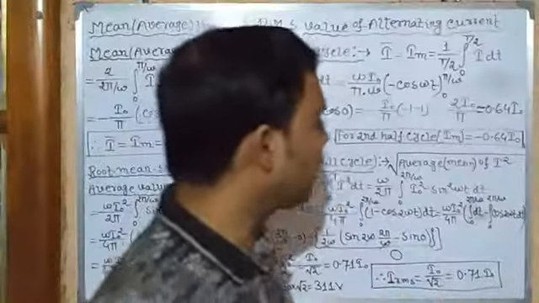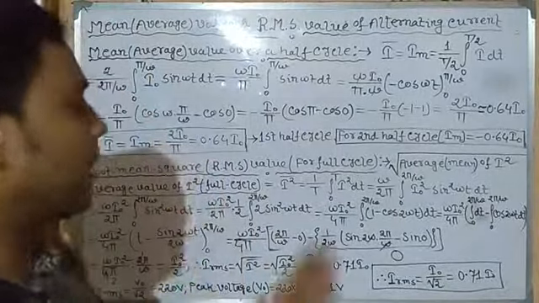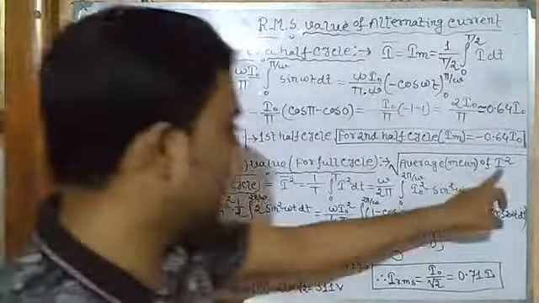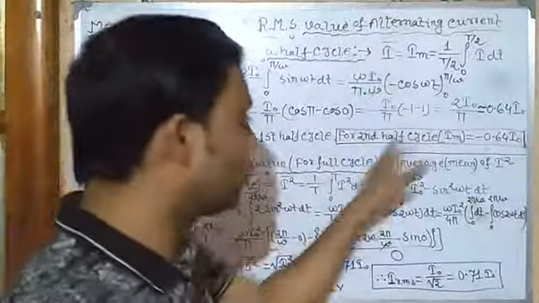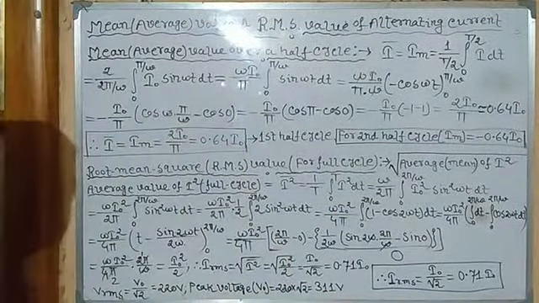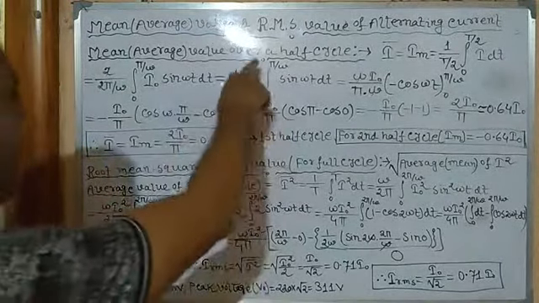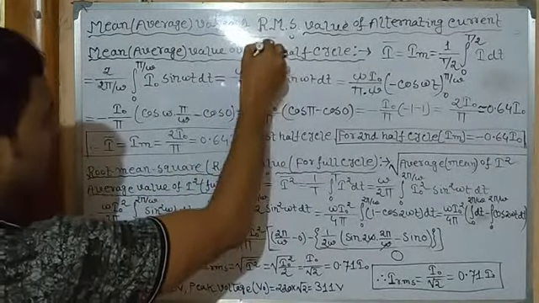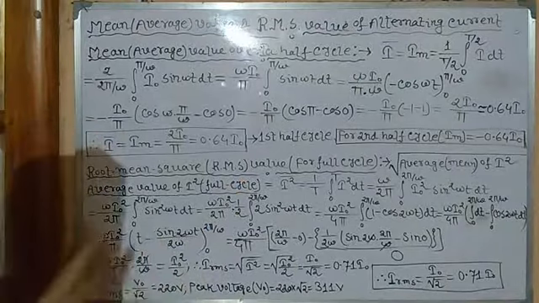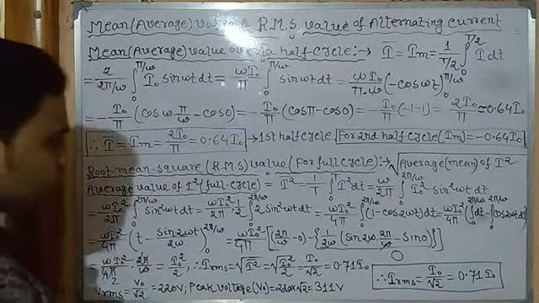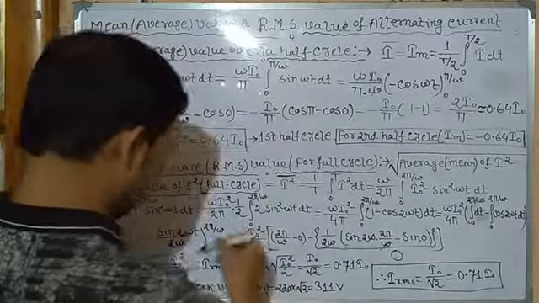Very easy. So first of all, what do we need to get the RMS value of alternating current? One by one, there are three factors. At first we will find out I square, then its average or mean value, then overall its square root. Very easy. So now, first we will find out the average value of I square over the full cycle. It was the average value of I, that is alternating current, but here it is I square. How is it denoted? I square, then its average. The average is always indicated by a bar over it.